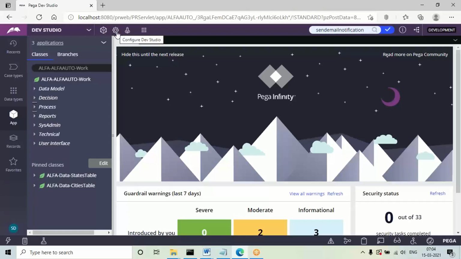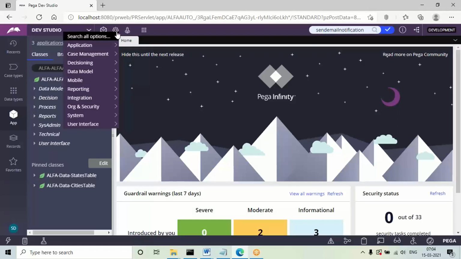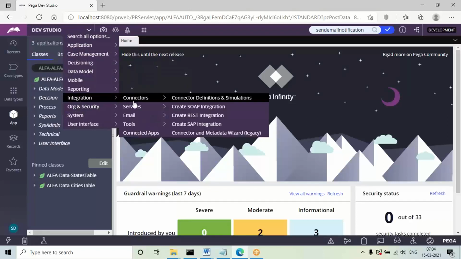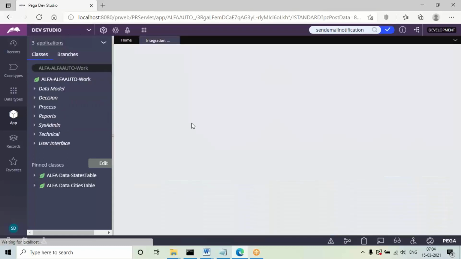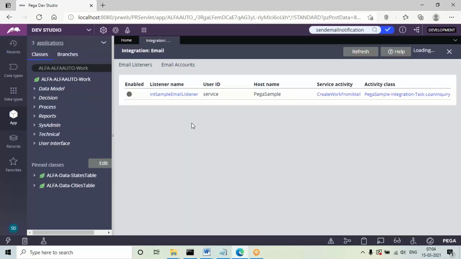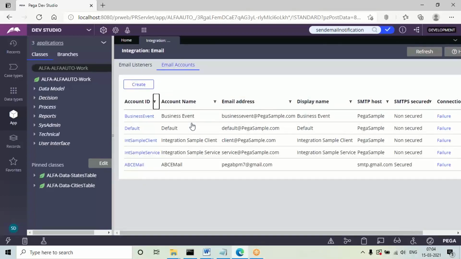Go to this configure menu. See, the from address details I configured using DSS, this is a different approach. Okay. For this, go to integration, email, email accounts. Here you need to click on the option create account.